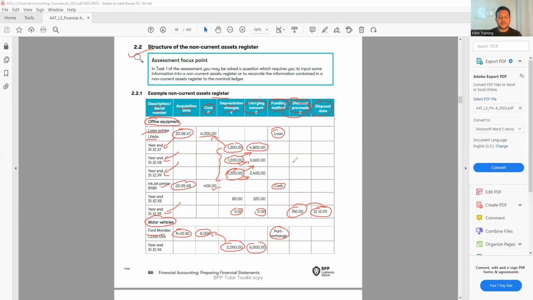So that's how we have to complete all these boxes based on the assets we have. This one will definitely be in the exam for 12 marks. It's a confirmed question you're going to see. That will be your question number 1 in the exam. All right, let's move on.